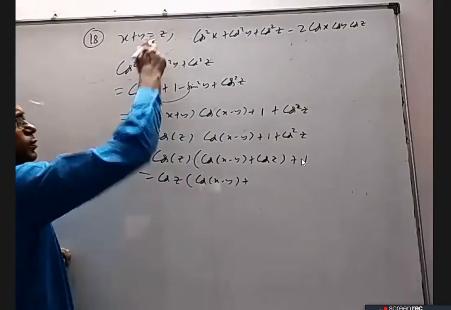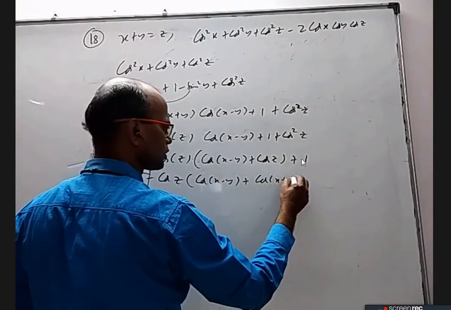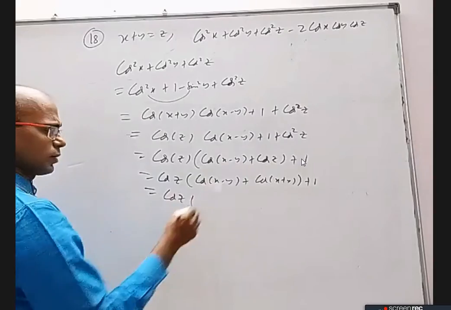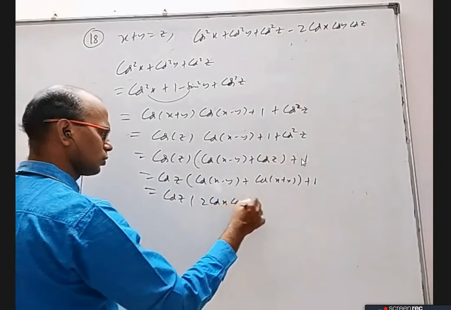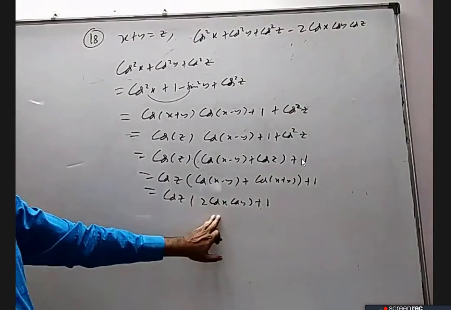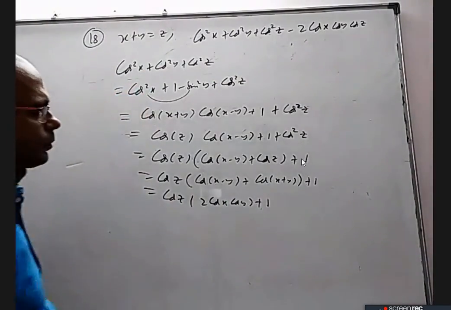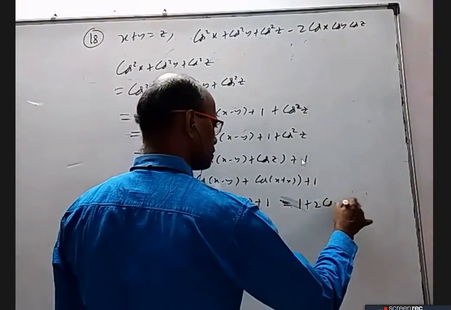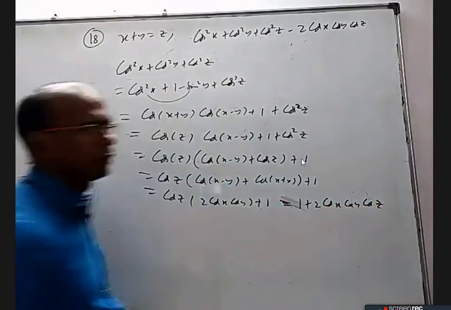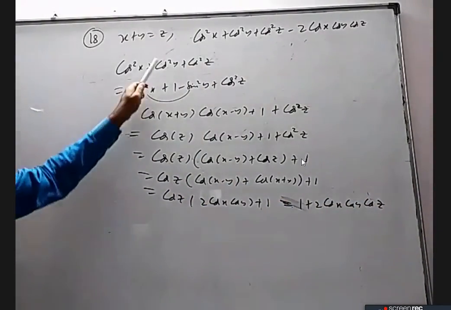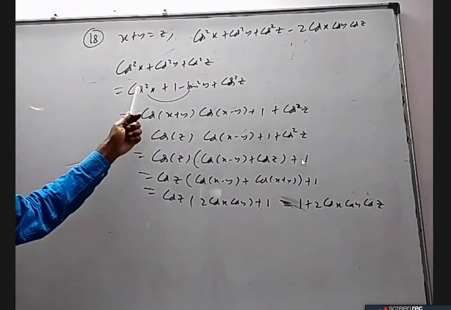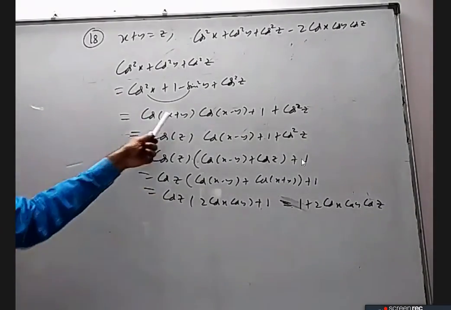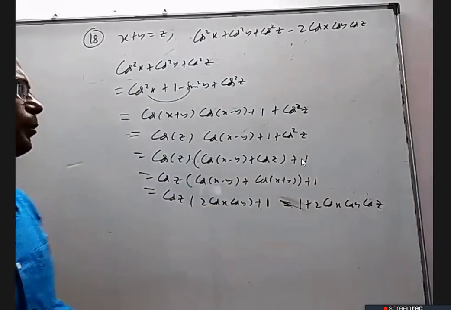In the place of z, I can put x plus y now. This is cos x plus y plus 1. So cos z, cos a minus b plus cos a plus b is 2 cos a cos b. So we'll get 2 cos x cos y plus 1. So if I send this 2 cos x cos y cos z to this side, equal to 1 will come. So I'll just leave it there: 1 plus 2 cos x cos y cos z. So the way to deal with squares is to write one of them as 1 minus sin square or something. Either you can use the sin square a minus sin square b or cos square a minus sin square b formula, and write z as x plus y.